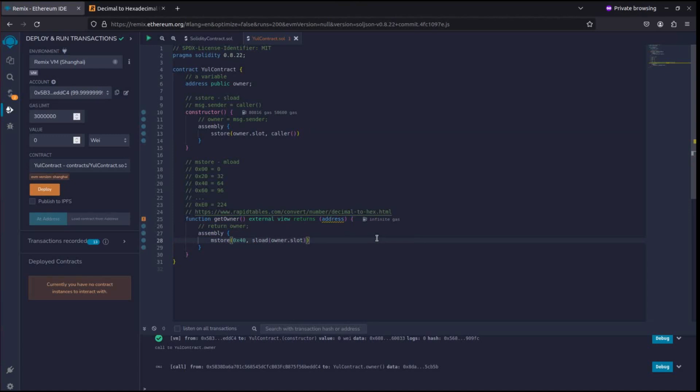And the second part, well, the second step was to actually return this value, and return also takes two params. The first one is the location in memory, the location from which we start to return. And in this case it's 0x40. And then the second param is the size of what we want to return. In this case, we only want to return one memory slot. And for this we have 0x20, and that is it. That is it with the coding part,